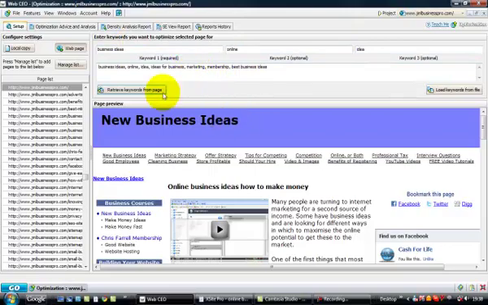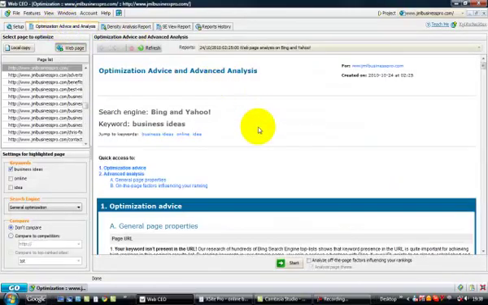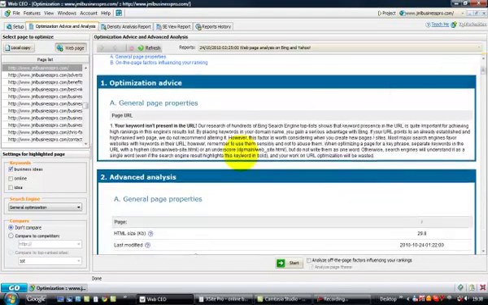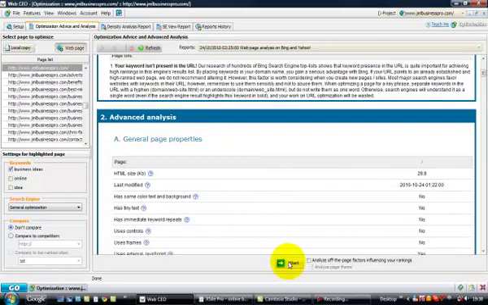Okay, and the next step is basically go to page advice and analysis. So you click on that tab there, and it takes you to this one. Once you do this one, all you need to do is start. Click on start. Untick the analyze of page factors, because this is other things like the backlinks and stuff. We'll talk about that later on. So click start,